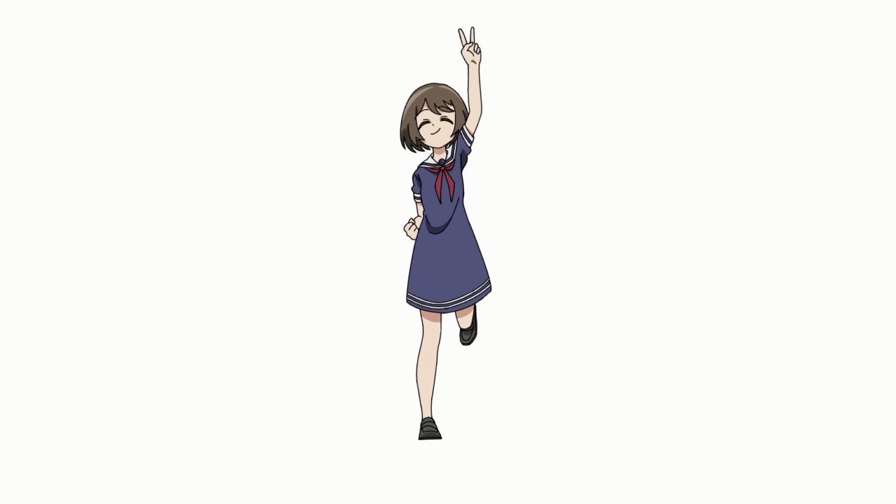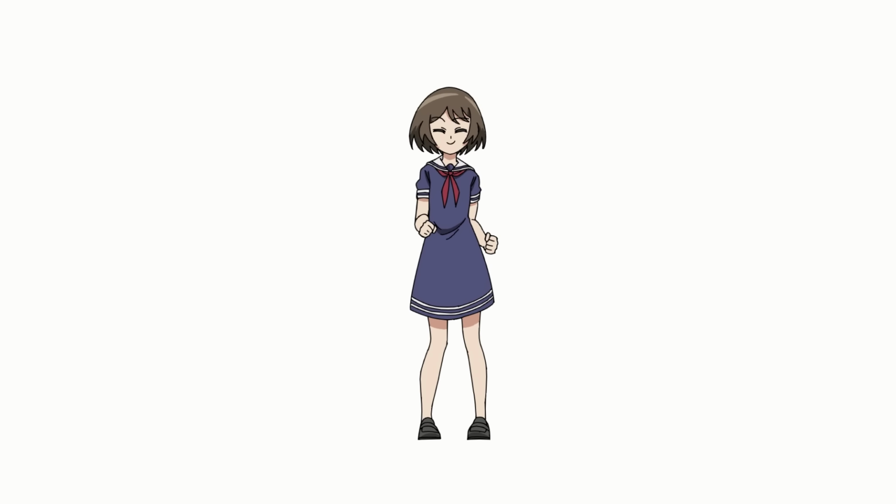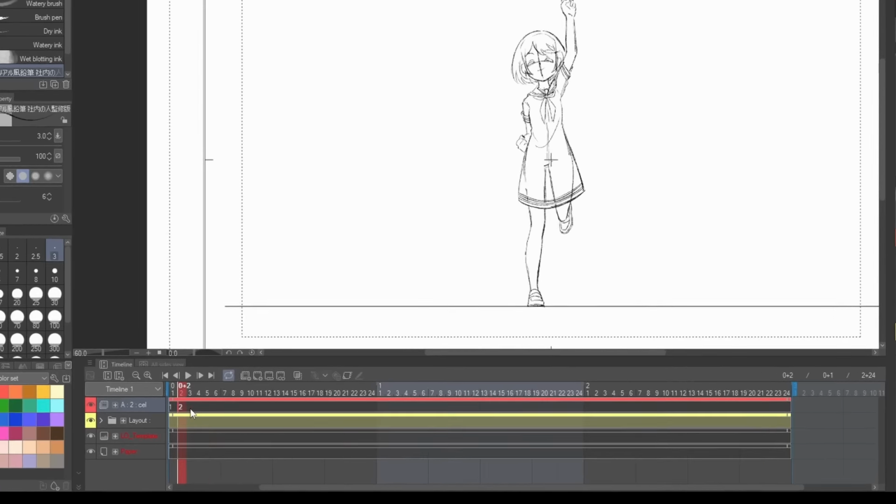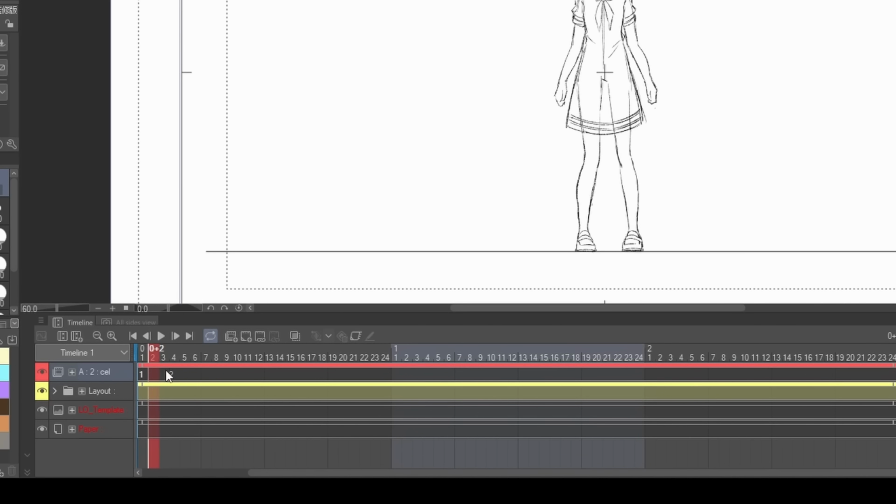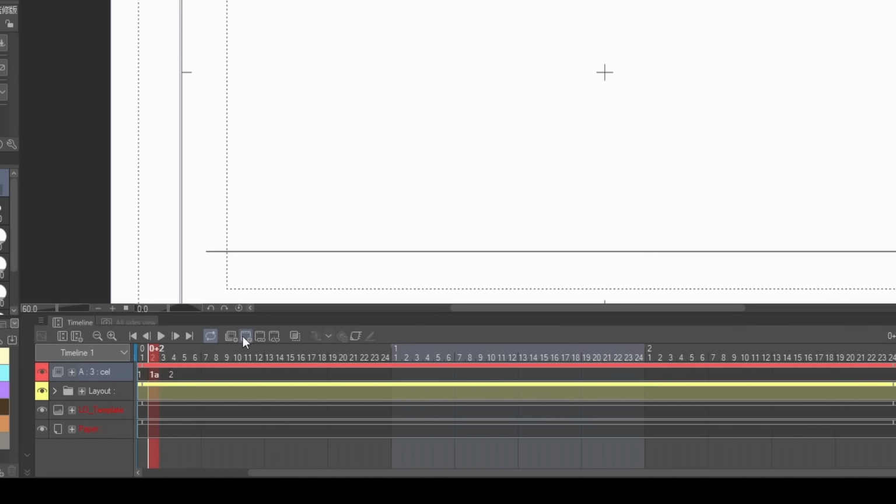With that done, next we should get an anticipation pose in there. This is where our character pulls back before shooting up with her arm. It's always important to anticipate your movement in the opposite direction to give it extra impact. Let's drag the A2 drawing to the right a bit to create some space, and between those two drawings, let's